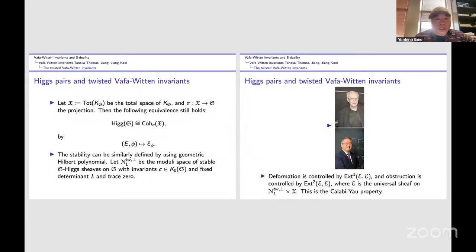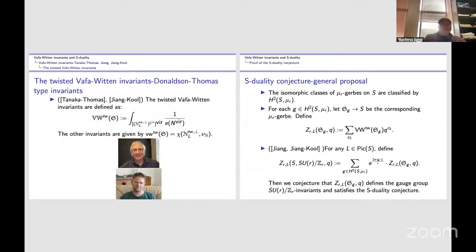Okay. And this is really the symmetric perfect obstruction theory case by Behrend. So in the Tanaka-Thomas theory, you can define the invariant. We can define the invariant using localization first, and also we can use Behrend's Euler characteristic. These are two invariants. We call them big VW and small VW. One is by localization, because you have a C-star action. The C-star action scales the Higgs field, only acting on the Higgs field in (E, phi). And the fixed point locus will be compact. And it's interesting to figure out the fixed point locus, right?